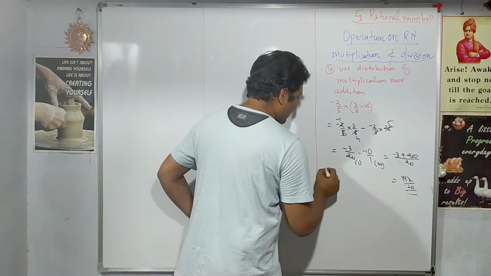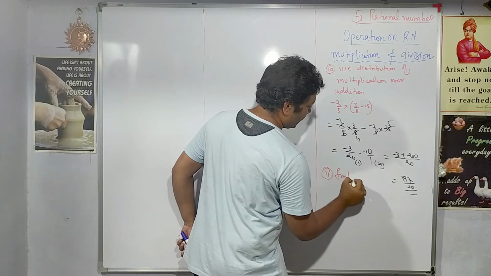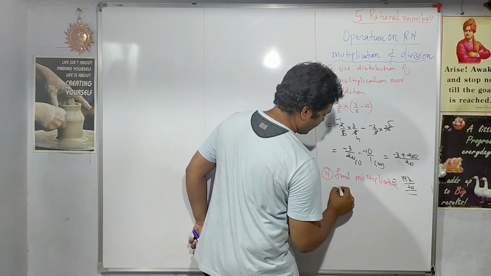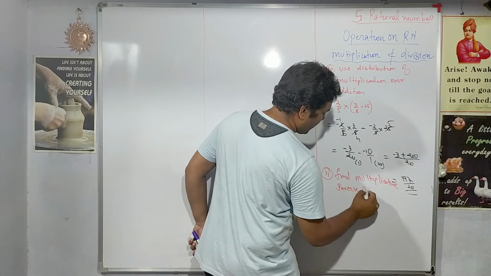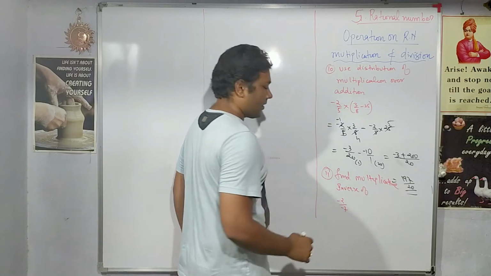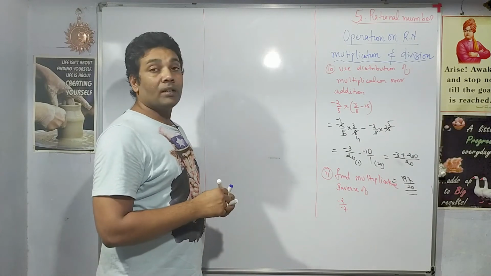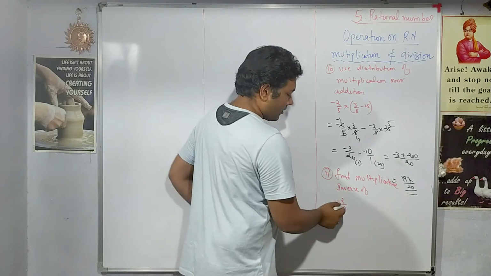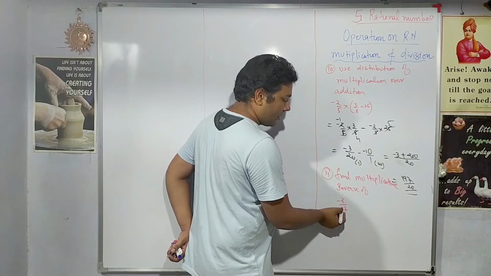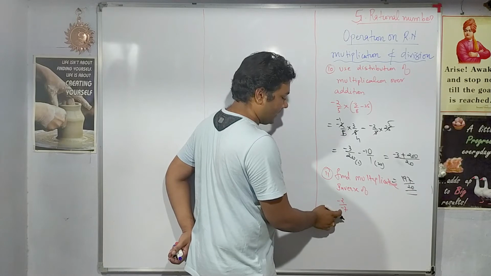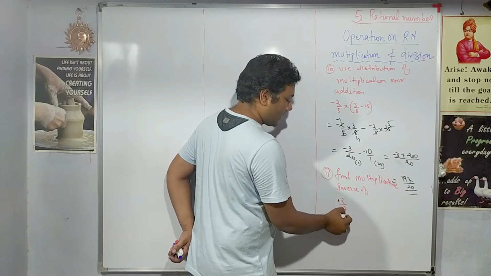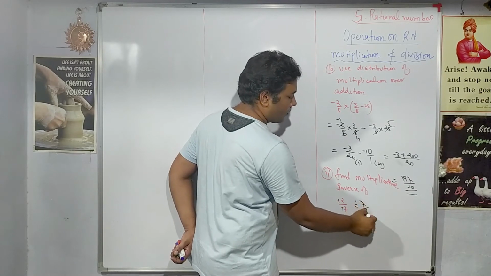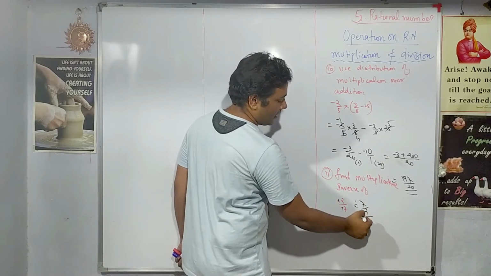Next question is find multiplicative inverse of minus 2 by minus 7. So what will be its multiplicative inverse? First, we know that there are minus sign in the numerator and in the denominator sign, right? They can get cancelled, so you can cancel them. And now inverse you want, so 7 upon 2. So this is the answer.